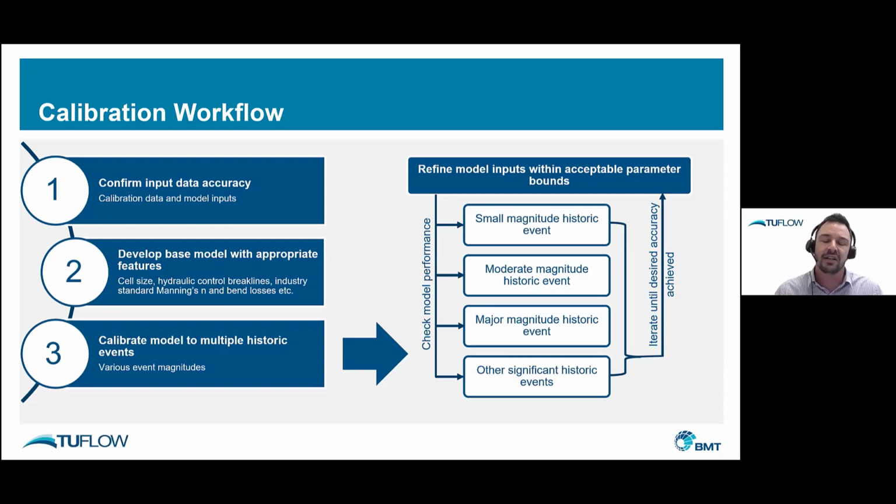Because if I've tuned in the geometry and the definition of the river, I know I can then just focus on the interchange between the river and the floodplain to get the levels right out in the floodplain. And then I do other larger events thereafter. Taking that approach, I feel like it's quite a systematic way to achieve a good calibration. It's worth noting, you won't get there first time around. There'll be lots of iterations. And I've said this in lots of presentations, if there's any aspect of flood modeling where you learn the most, this is it.